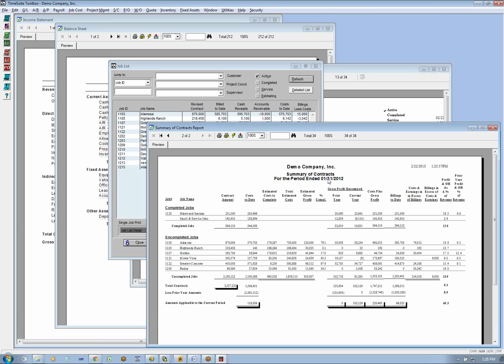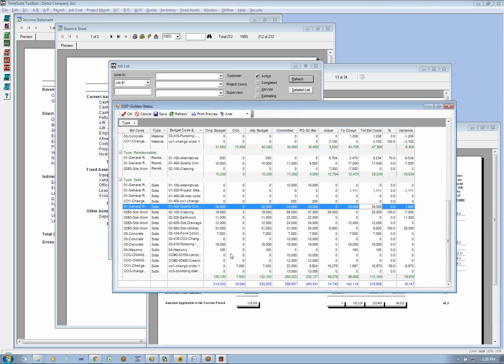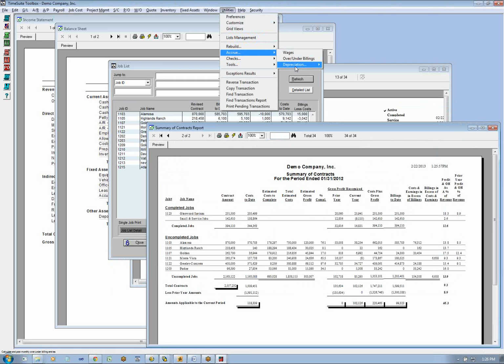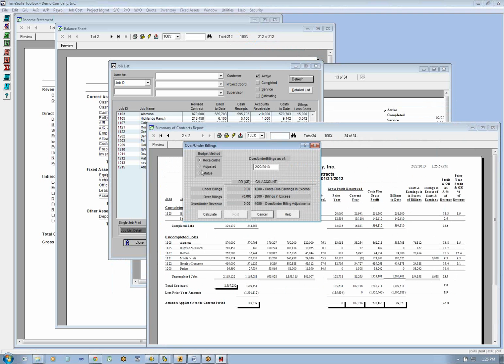It could be in the middle of February, and we're doing January's, in the middle of March, and we're doing February's. Their total estimated cost is what this is driven on, so that and their contract amounts need to be matching their total estimated cost. So make sure those concepts are cohesive. Then we just accrue our over-under billings, and when you do your over-under billings accrual with that concept, you've got to tell it status, or it doesn't calculate it with the job status in mind.